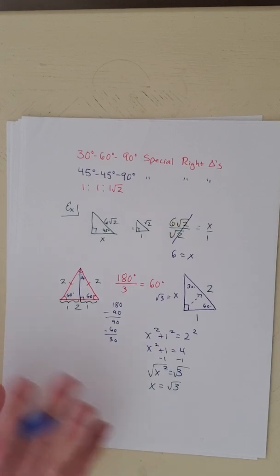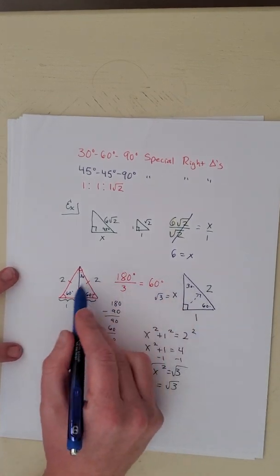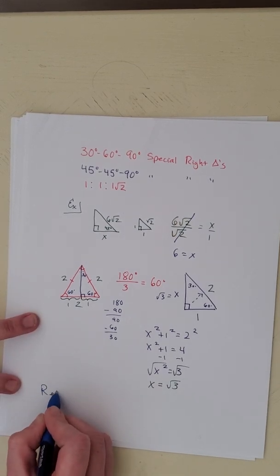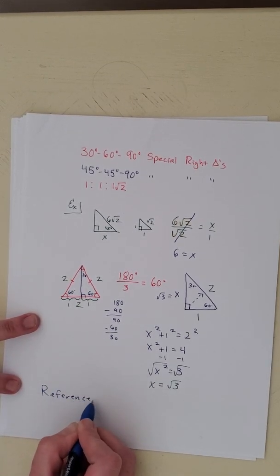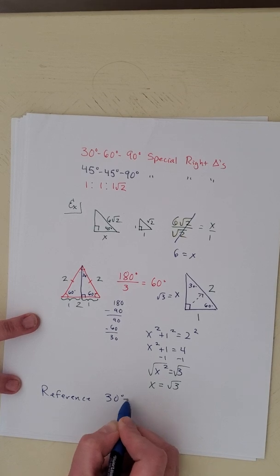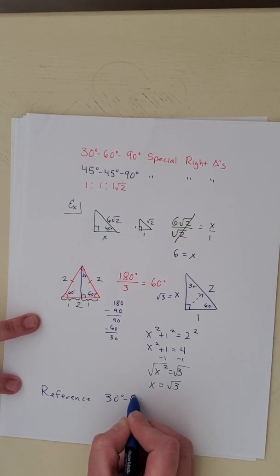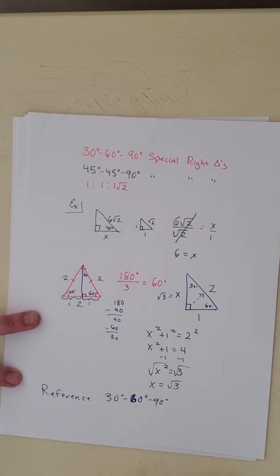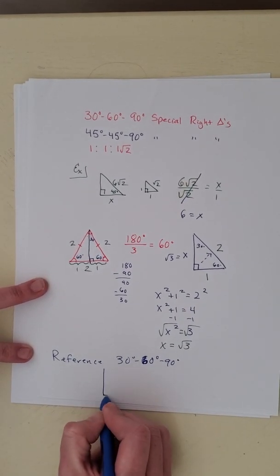And so now, forevermore, this is our special 30, 60, 90 triangle that we must draw. So our reference triangle for a 30, 60, 90 degree triangle is, we've got